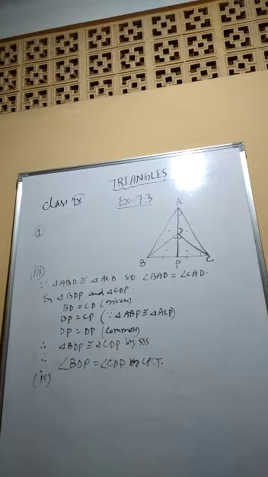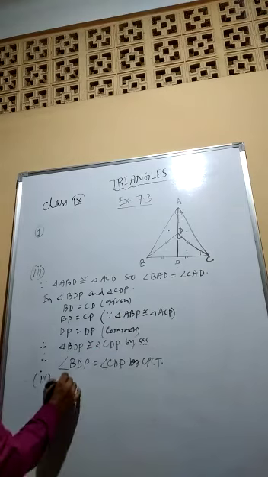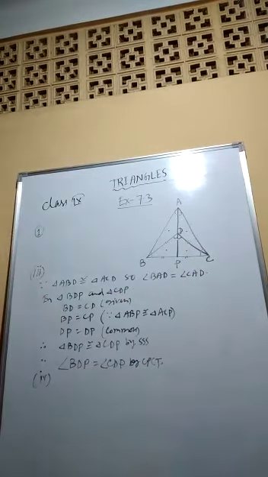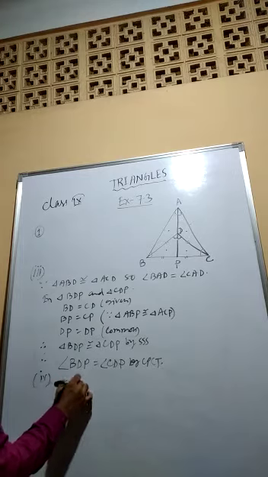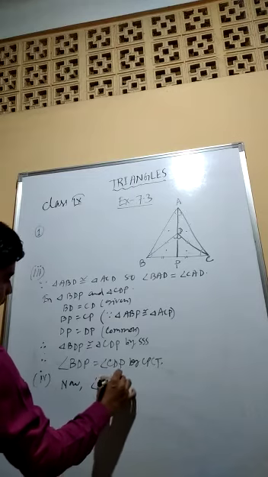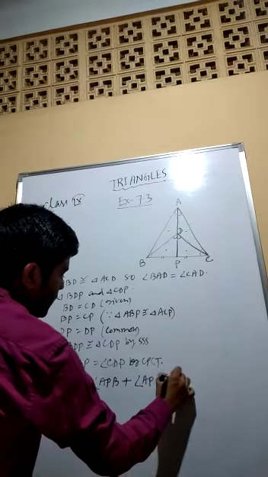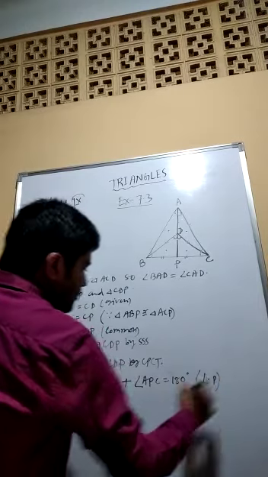Now AP is the perpendicular bisector. So you see we have proved this one now. Easily you see this AP is the bisector, that means P is the midpoint of this, no? Perpendicular bisector. Bisector we have already proved. No? So here you see now angle APB plus angle APC is 180, right? You can write linear pair, okay.